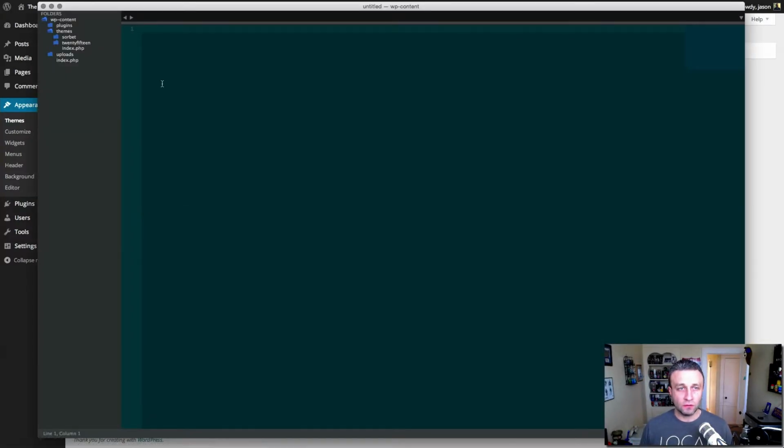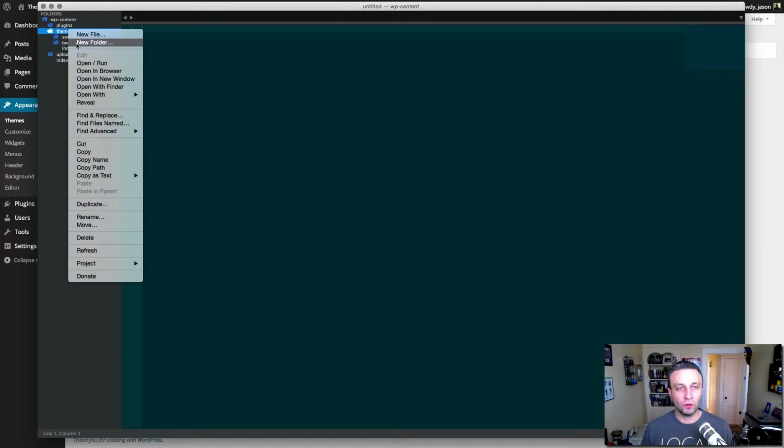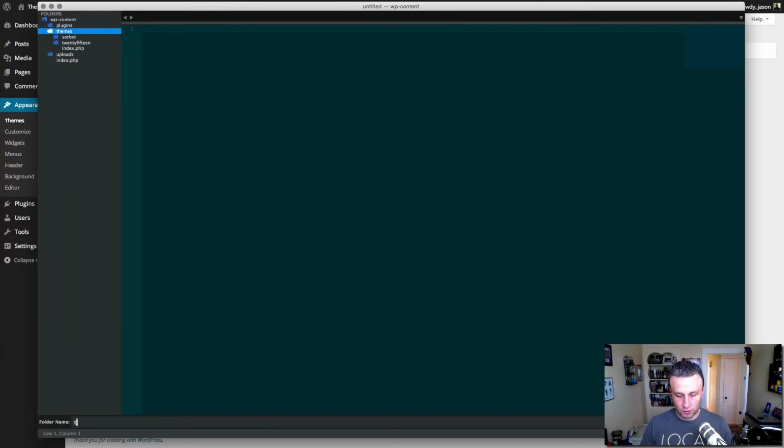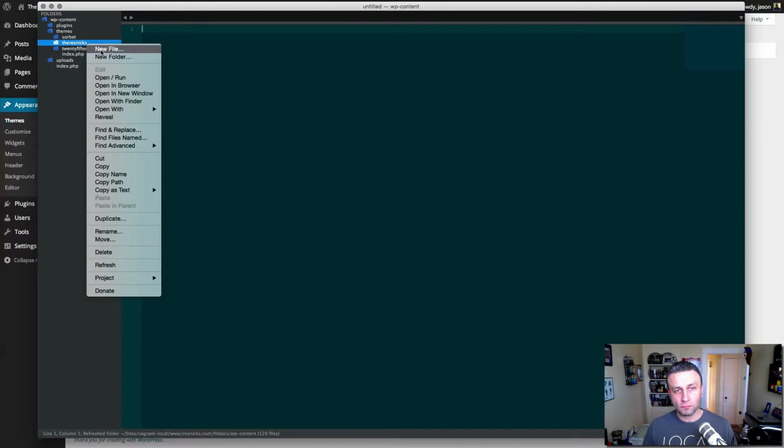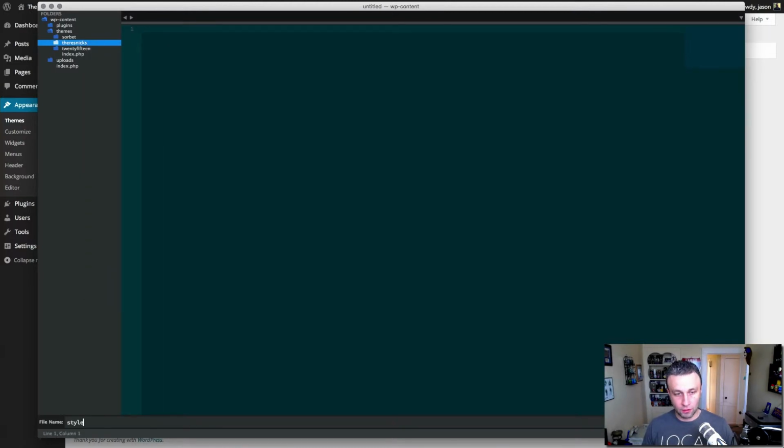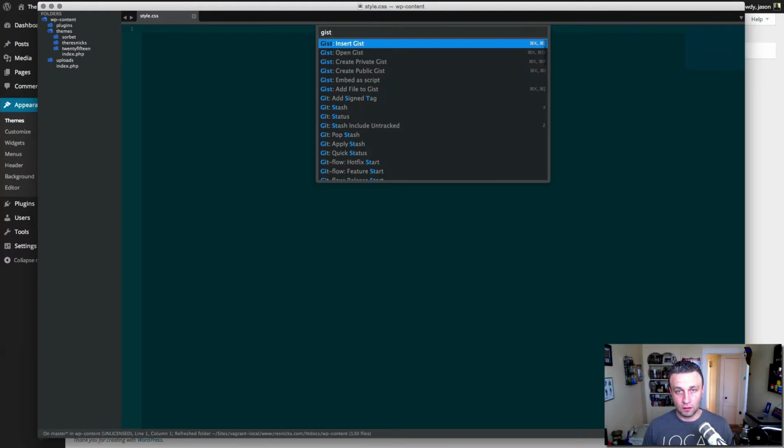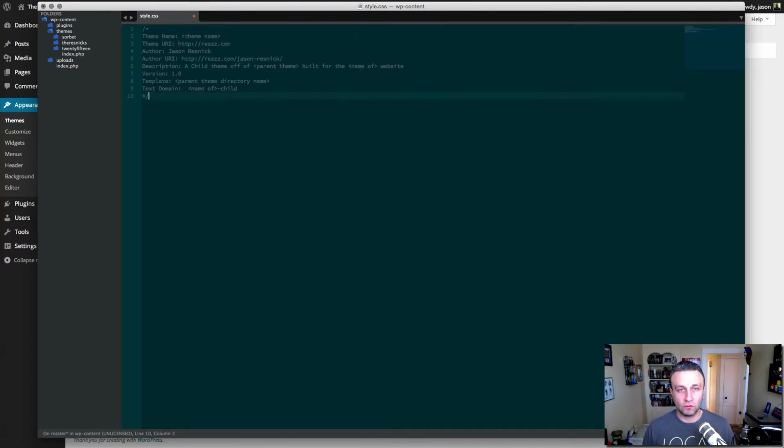So first thing we're going to do is create a new folder, and I'm just going to call it the Resnicks. And inside here, all we need to do is create a style sheet. I have handy snippets from Sublime Text, so I don't have to go look up these things. So the child theme name is the Resnicks,